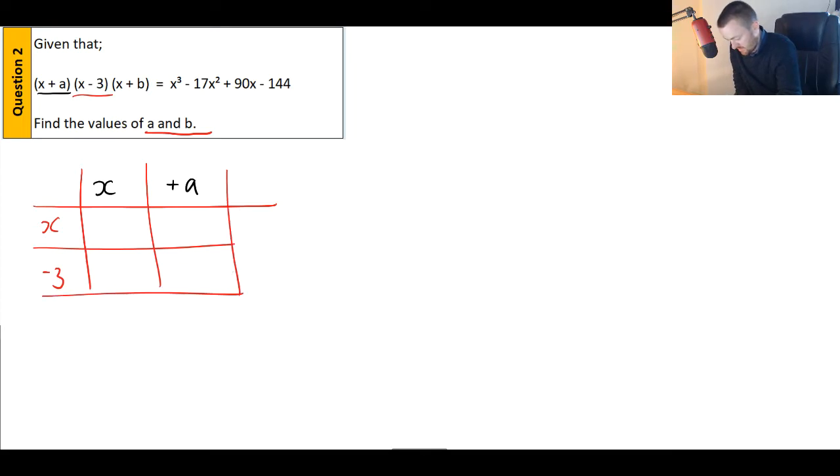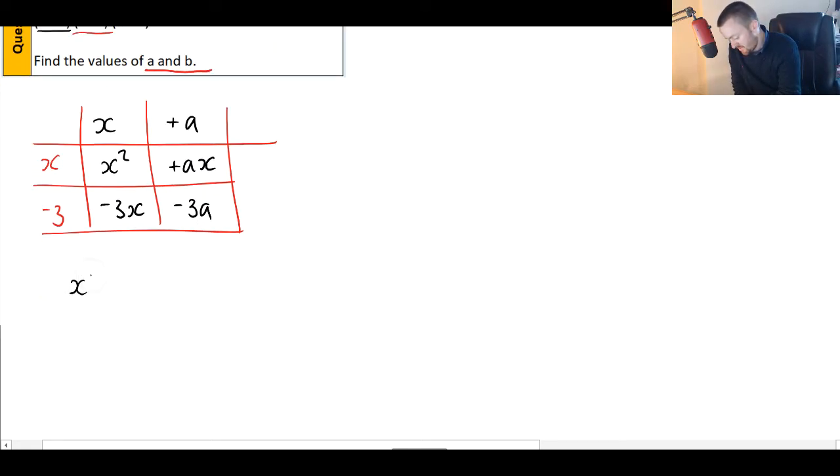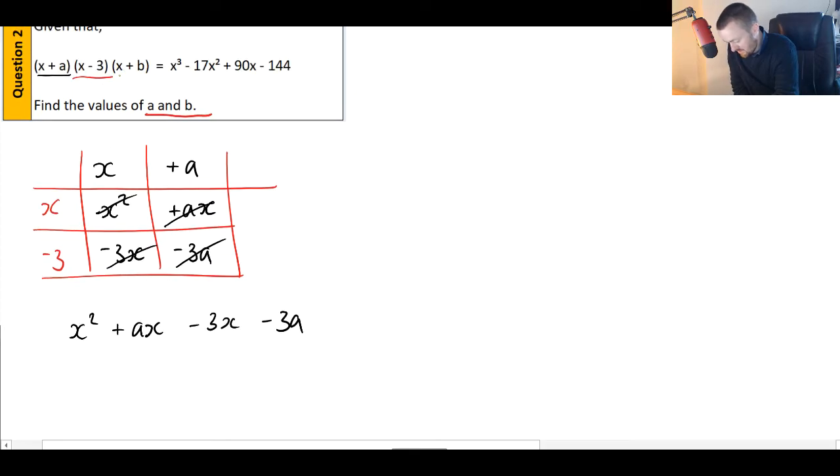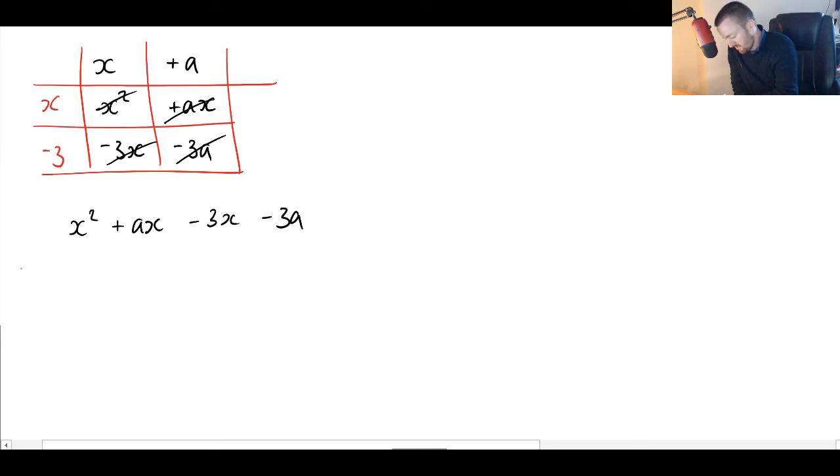So I'm just going to put in here, this is going to be x squared plus ax minus 3x and minus 3a. So if I tidy that up a bit, x squared plus ax minus 3x minus 3a, and then I'm going to multiply that by the third and final bracket, which was x plus b. So I'm going to put that down the side, do my grid,